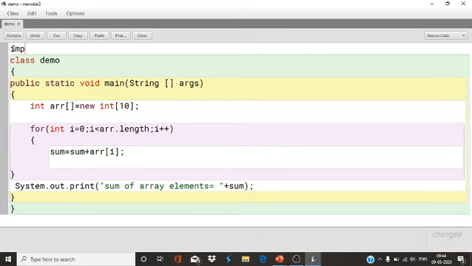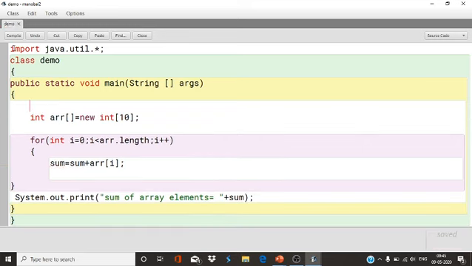So declare import java dot util dot star, and here Scanner sc equals new Scanner System dot in.